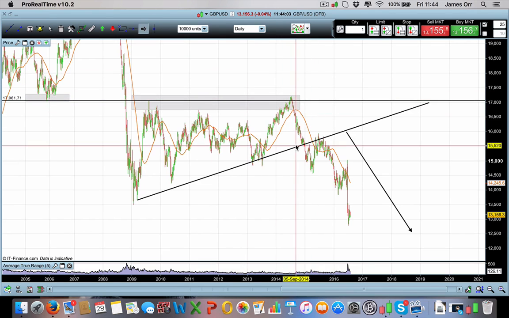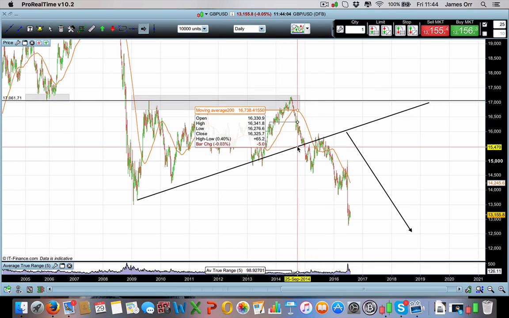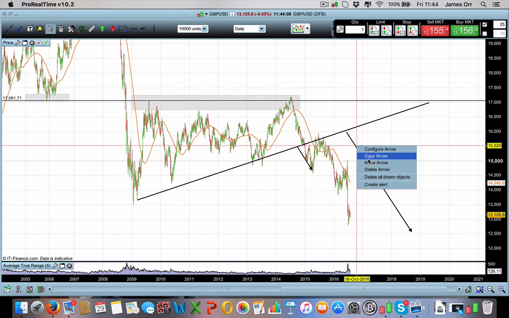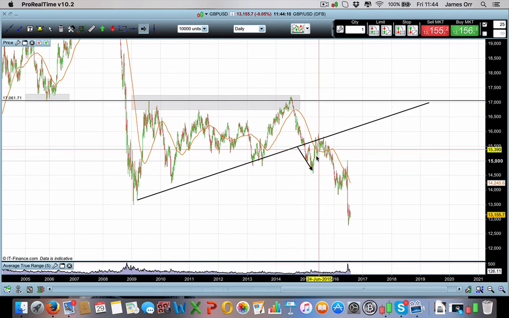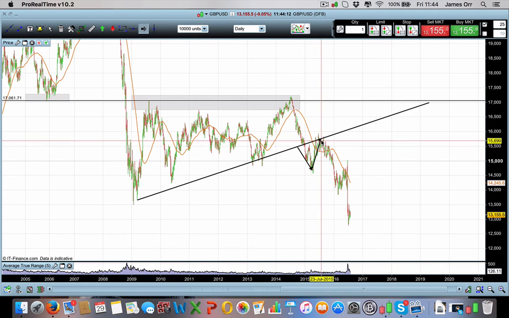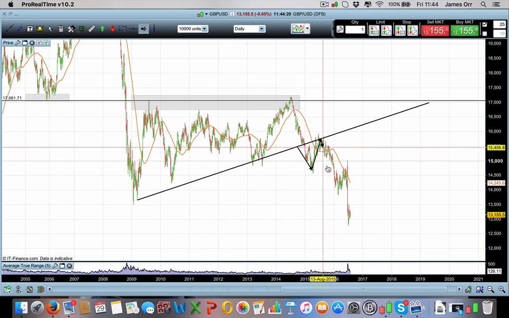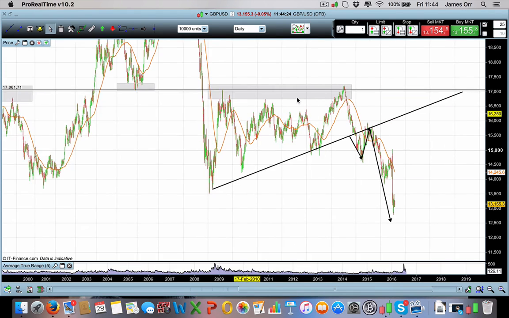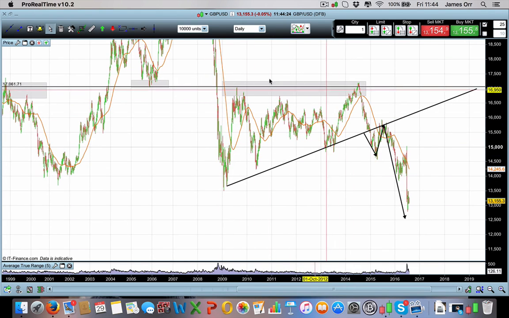Eventually, the bulls give up. The market breaks out. As soon as the market breaks out, you tend to get a retest. After the retest of the ascending, what is now resistance line, you get the sell. The pattern was there, fairly glaringly obvious on the back of everything else I've already taken you through, on